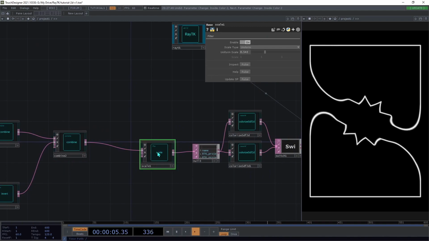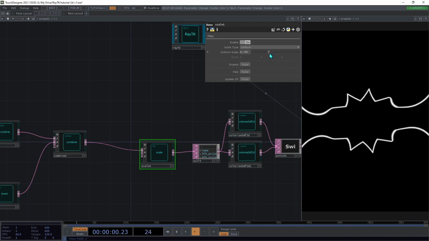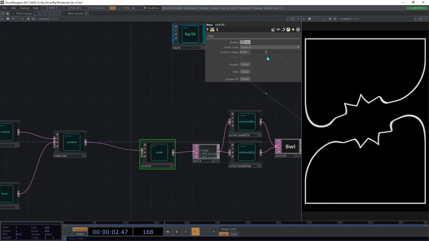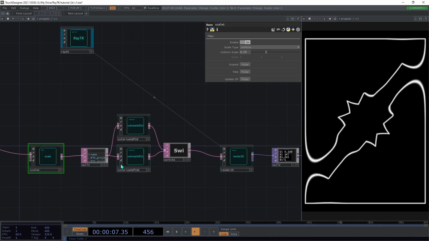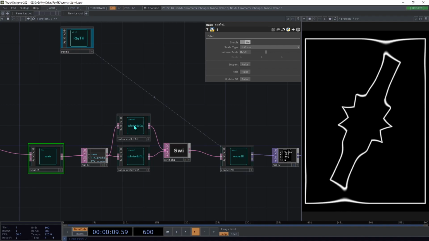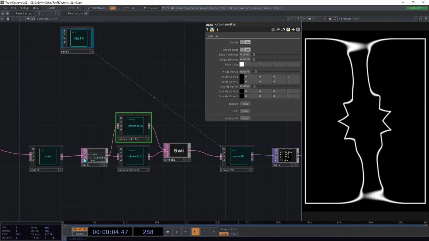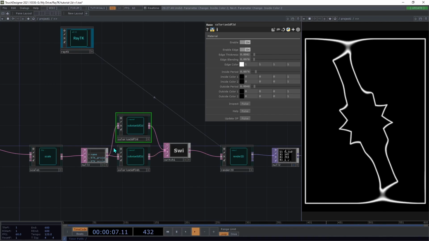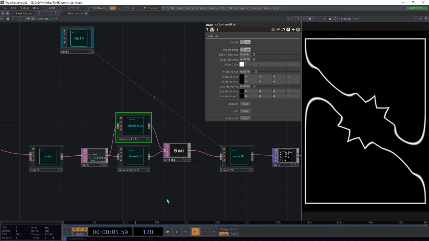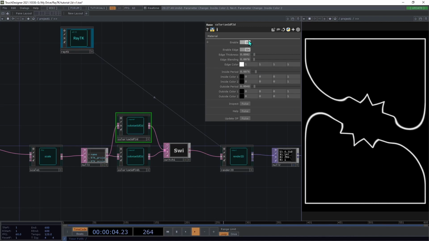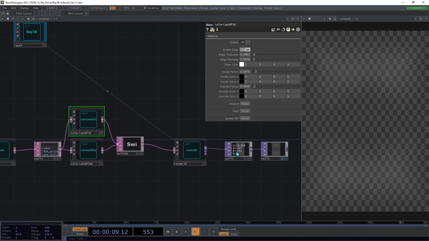And then at the end here, we're using a scale so we can fit things more appropriately in the area that we're rendering. And then we've got this Colorize SDF 2D, which is taking that distance field and turning it into this edge outline version. If you were to just bypass this here, this is just going to be the raw